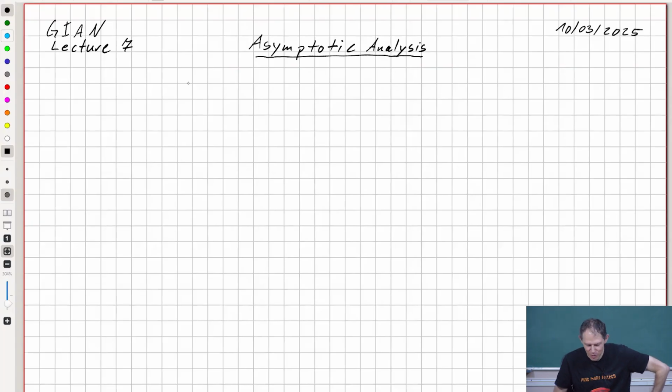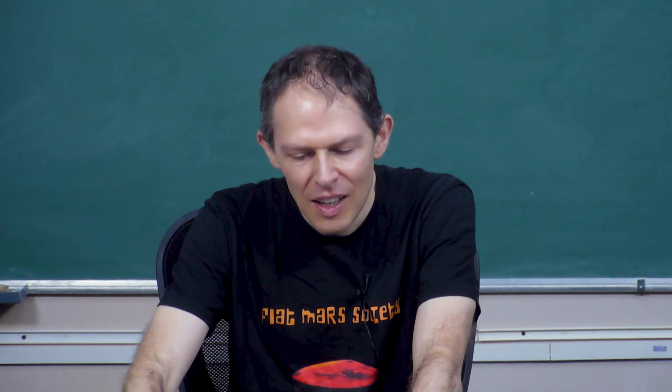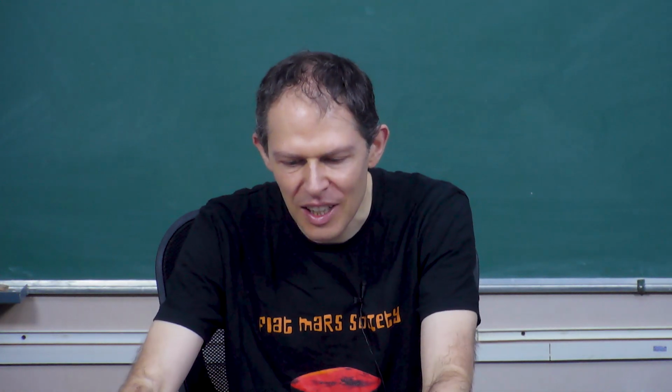Okay, welcome to the 7th GIAN lecture in high fidelity lattice Boltzmann methods. So today we have a very central lecture on the asymptotic analysis. This is how you really analyze the lattice Boltzmann method, to see how it actually behaves and how it actually solves the equation that